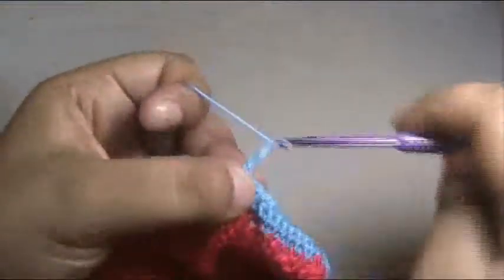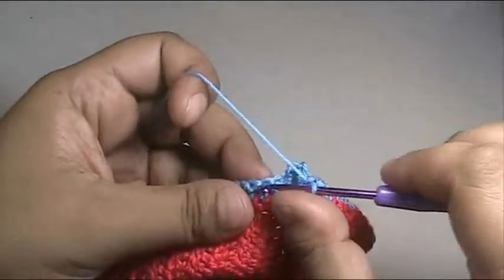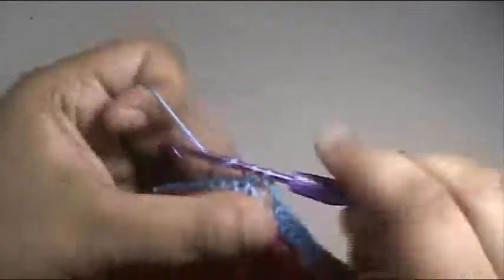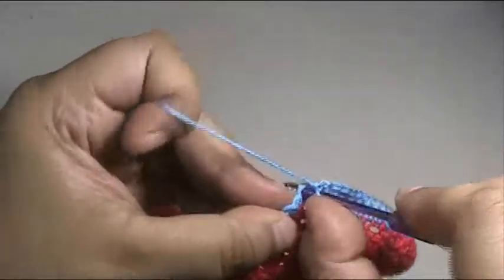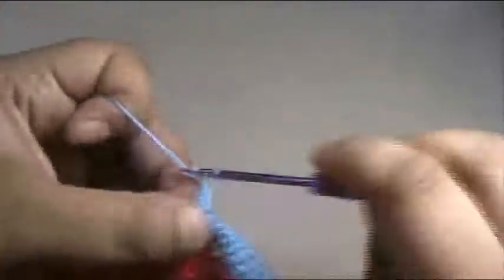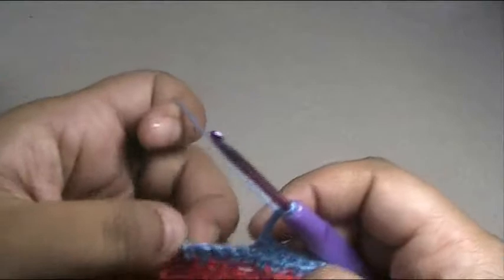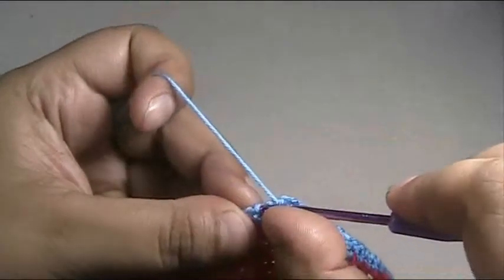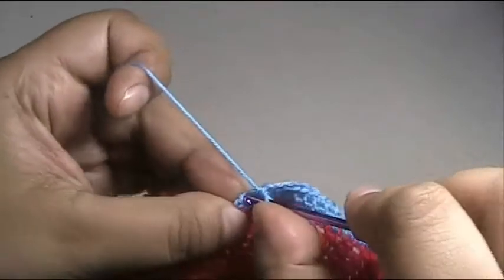Chain 3, 1, 2, 3, skip 3, and into the fourth make a single crochet, 1, 2, 3, and here is the fourth, then 1, 2, 3, 4, chain 3, 1, 2, 3, skip 3, and into the fourth another single crochet, 1, 2, 3, here is the fourth one, and into the last stitch make the last single crochet,